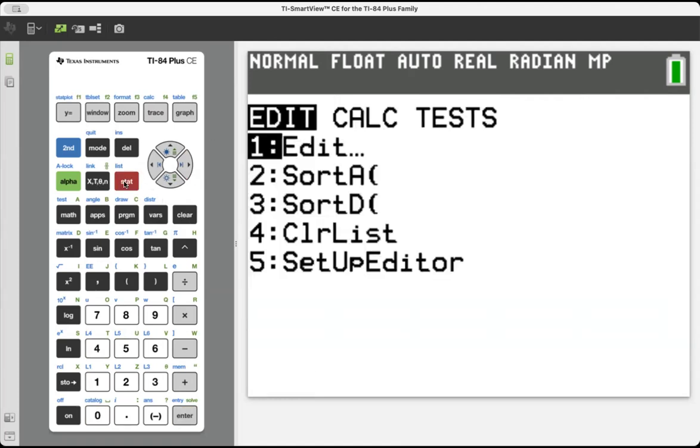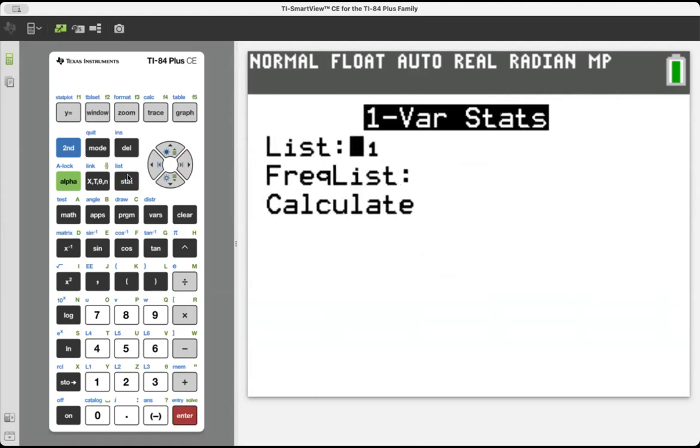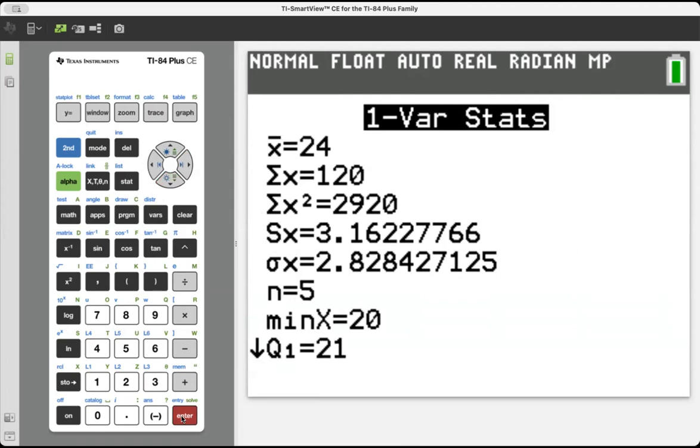Okay, I'm going to run Stat, Calc, one var stats on L1 for CardioEase. And I have a mean, which is the average, of 24. I'm going to write this on the slideshow that I'll share with you after. And a sample standard deviation of